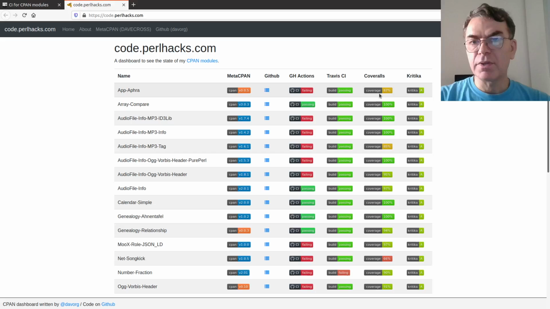There is another column here linking to Coveralls, which is a very nice additional cloud-based system that collects test coverage data. So when your CI system, either on Travis or on GitHub Actions, runs, it can collect test coverage information and then send that information over to Coveralls, and there you can see the number, the percentage, and then the graph, and they will send you a message if one of the pushes that you send to GitHub reduces the test coverage,